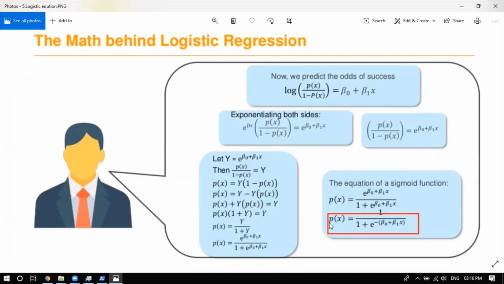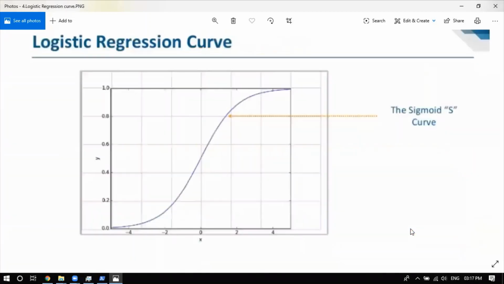So you can see we got the probability by just putting the linear regression line into this function. And this is what the sigmoid function is: 1 by 1 plus e to the power minus y, and y stands for that whole line which you're trying to make. Just imagine you have normal points and you're trying to make a linear regression line. The line you have got, you put it here, and then you'll get the probability curve, that proper sigmoid curve, which lies between 0 and 1.